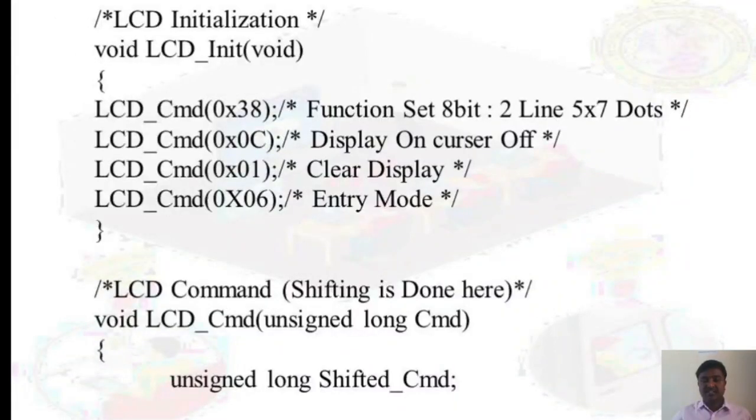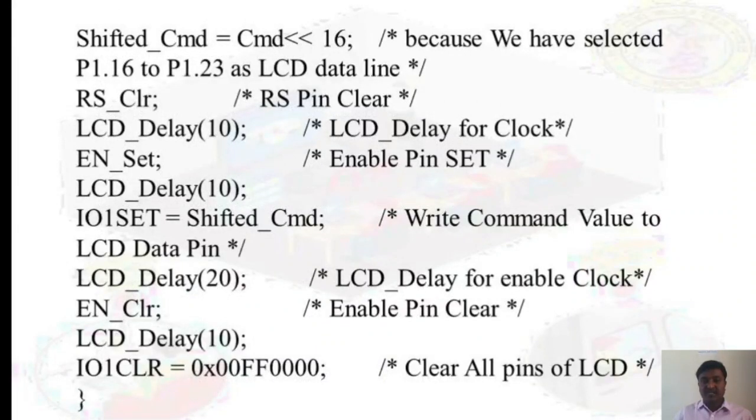Then LCD initialization, all the 4 commands as I explained, 0x38, 0x0C, 0x10, 0x01, all commands will be initialized in the LCD init function. Then LCD command: here we are shifting the command to 16 bits because P1.0 to P1.15 is not available. The shifting is as shown here, shift underscore command equal to CMD left shift 16. After that we are writing RS clear, LCD delay, enable set, LCD delay, IO1 set shift command, then we are calling LCD delay, then enable clear, LCD delay, then IO1 clear to